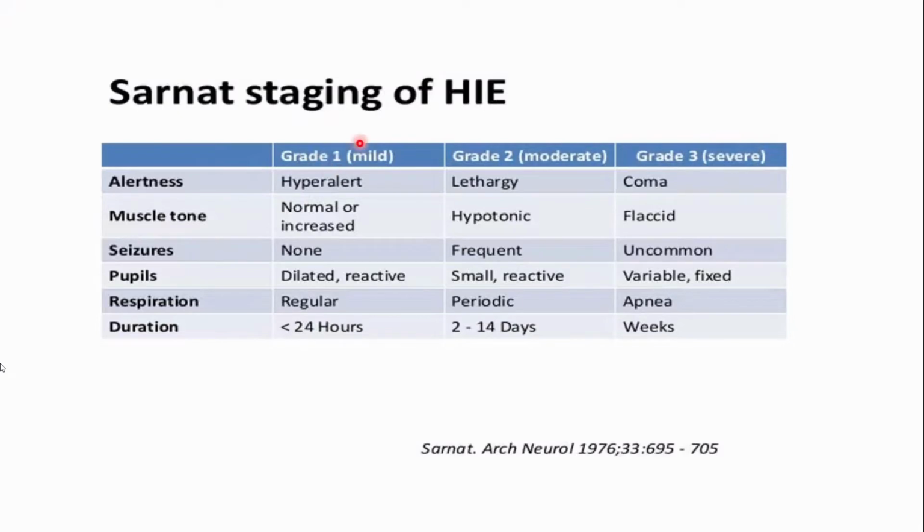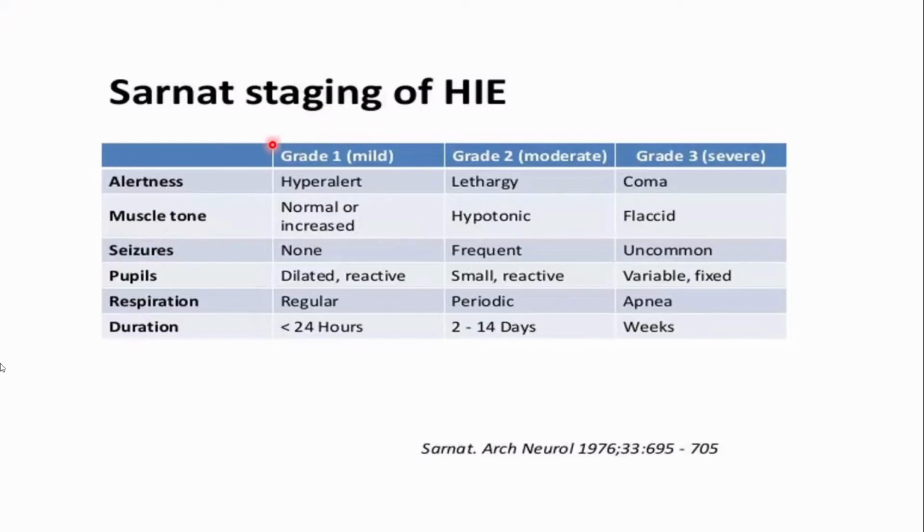So what happens in grade 1? In grade 1, the baby did not cry immediately after birth, you did neonatal resuscitation and you keep the baby in the NICU, and then you watch out for signs of HIE. So 24, 48, 72 hours, you have to keep the baby under close observation. Okay, the baby had birth asphyxia, then you did bag and mask ventilation and the baby cried, even then you have to keep the child in the NICU to watch out for the signs of HIE. Initially this mild HIE can progress to moderate and even severe HIE. So at least 72 hours this baby should be observed closely in the NICU.